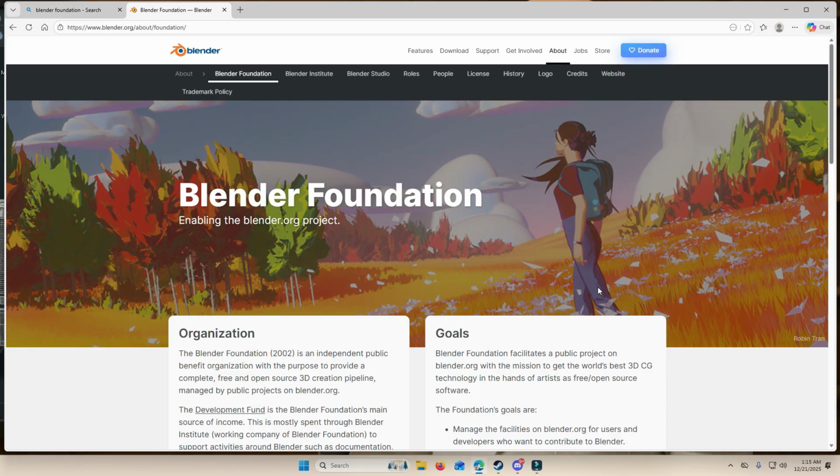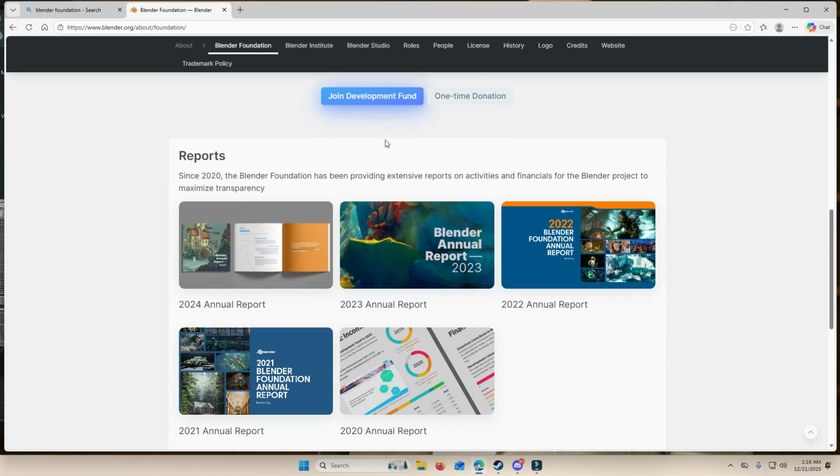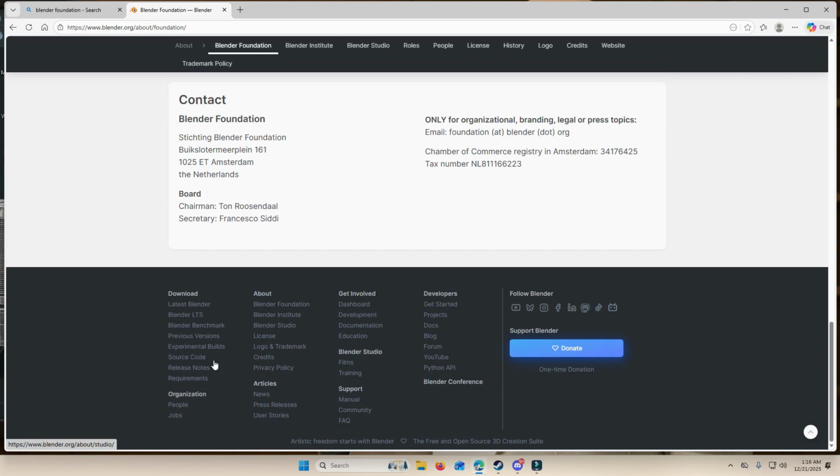So once you reach the Blender Foundation page, you do not want to download the latest edition of Blender, and that is because the SCS Blender tools were created to work with versions 3.2 through 3.6, and I think the latest version of Blender is 4 point something. So in order to get the previous versions, you have to scroll all the way down to the bottom, and then under the download section over here you're going to see previous versions. Just click on that,